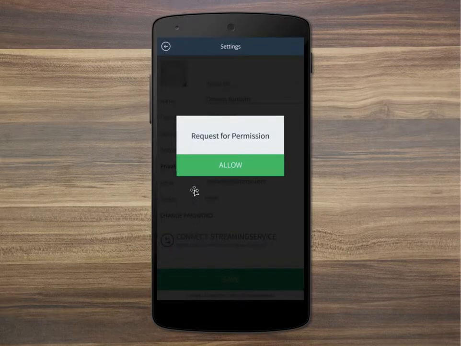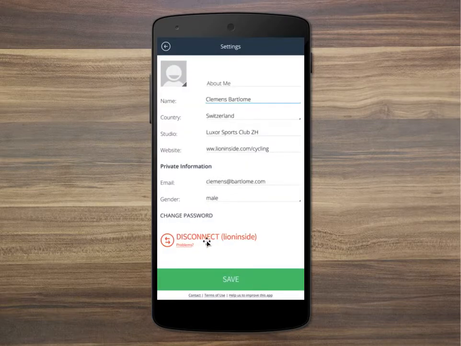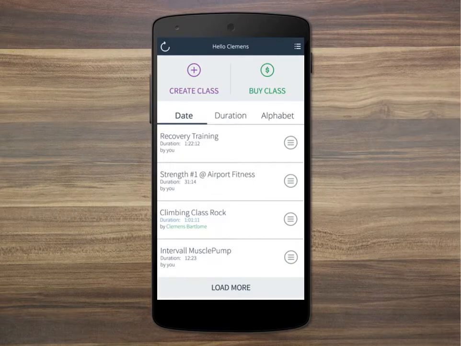So let me connect to the streaming service, and this requests a permission, of course. You know this from Facebook and all the other apps. We're gonna use the API, and I'm gonna click on allow, and as you see here, I'm now connected with my music streaming service account. It's called Line Inside, and I can of course disconnect and connect to another. Okay, so this is the settings menu, very simple, but important regarding the possibility to connect to a music